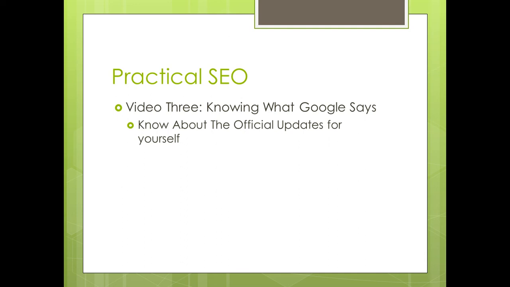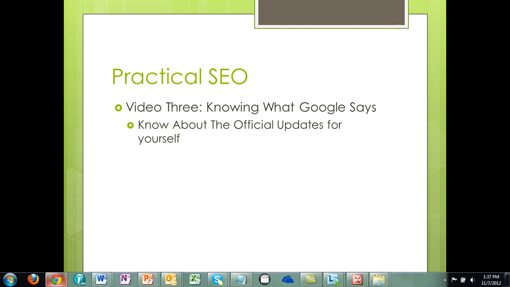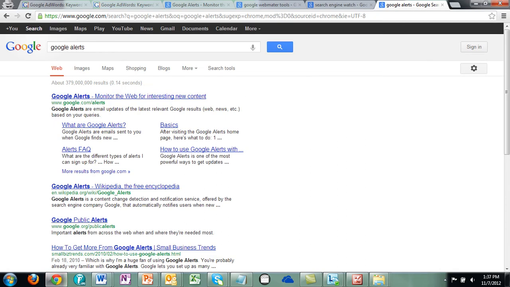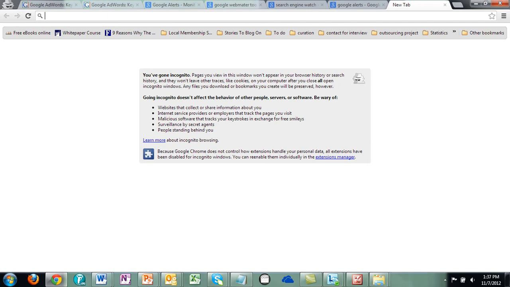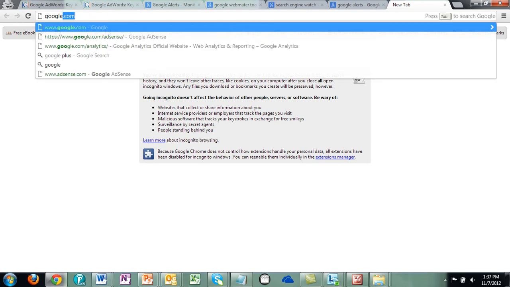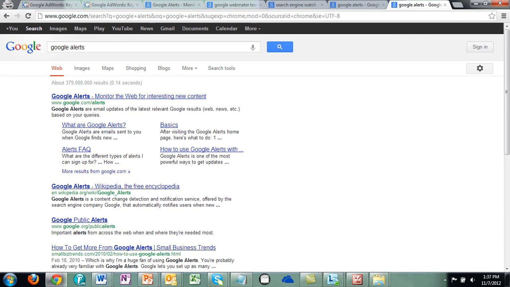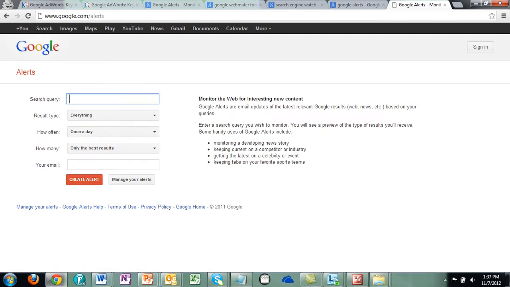Now, you probably don't want to check Google's website on a daily basis in order to find out what changes they've made. That's probably going to be impractical, and that's not how you want to spend your time or run your business. So what I'm going to do is pull up a web browser here and show you by going to the search bar and typing in Google Alerts, and that's what you should do. Type in Google Alerts, and you're going to see right here at the top that there is a link for Google Alerts. You'll click that, and in the search query what you want to type in is